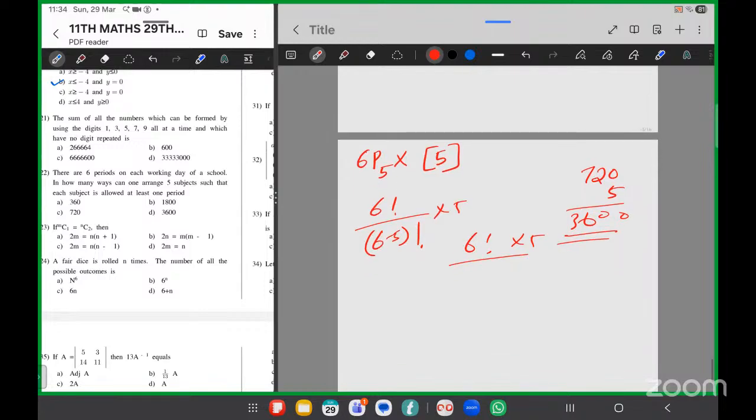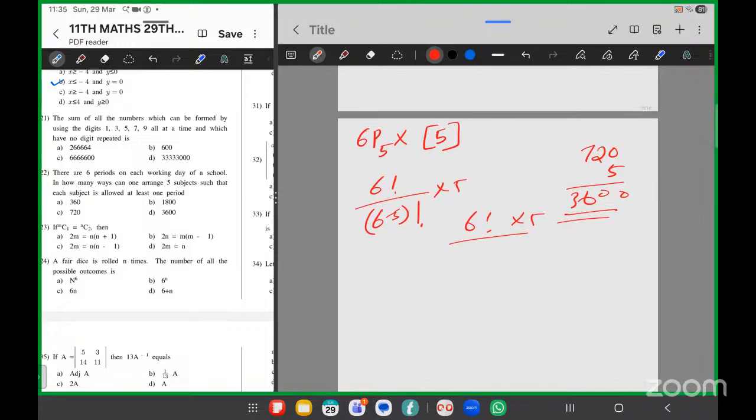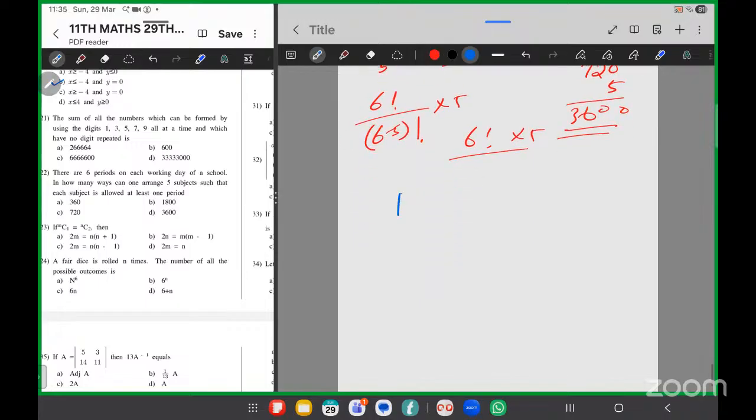At least one period. Okay. 6 periods. 1, 2, 3, 4, 5, 6. From this, 5 periods can be selected and given to... 6 में से 5 select करो, then give to,